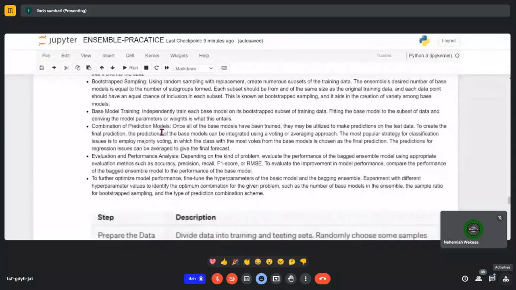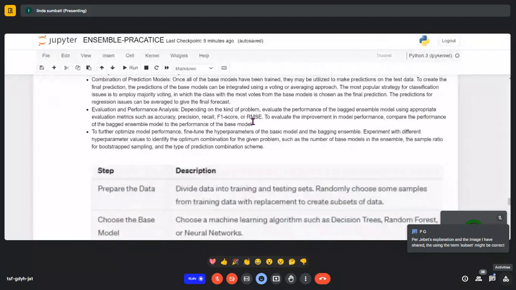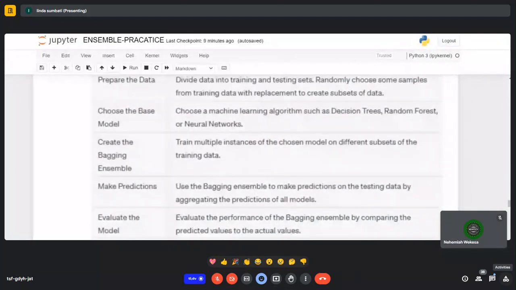Then combination of prediction model. Once all of the base models have been trained, they may be utilized to make predictions on the test set. To create the final prediction, the predictions of the base models can be integrated using a voting or averaging approach. The most popular strategy for classification issues is majority voting, in which the class with the most votes from the base models is chosen as the final prediction. The prediction for regression issues can be averaged to give the final forecast. Then evaluating performance, there we are looking at RMSE. Then for further optimization, we can fine tune. So I think this is